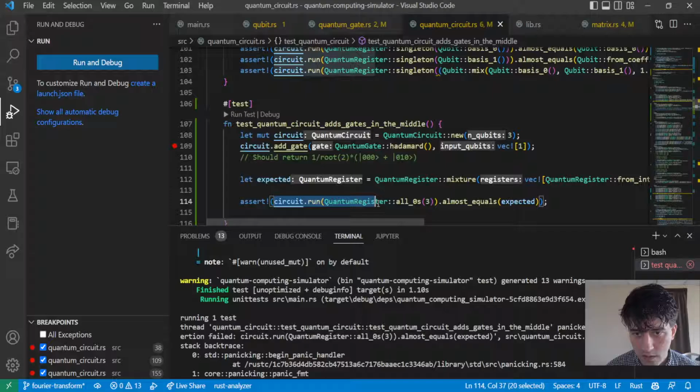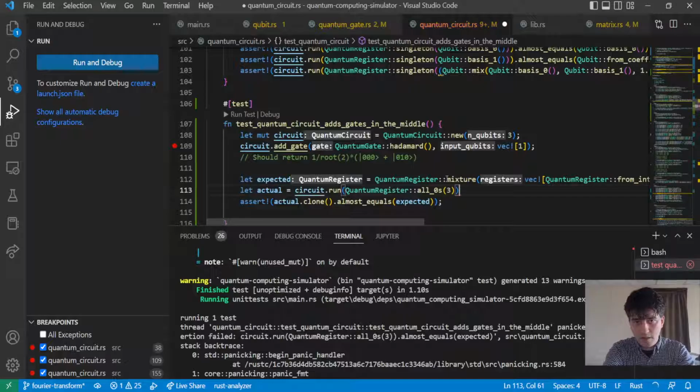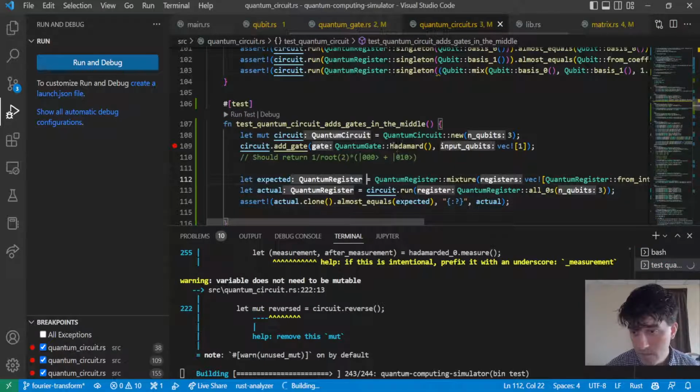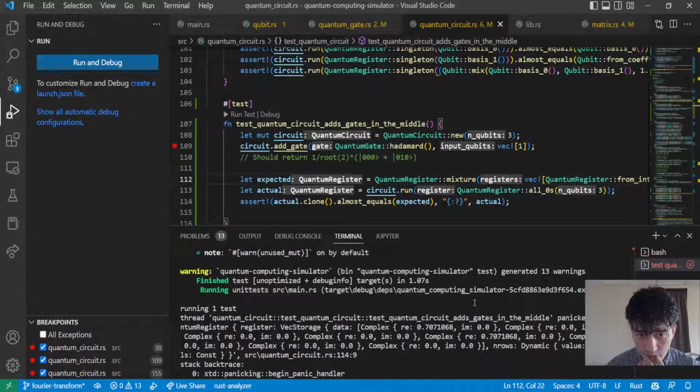So let's go ahead and say actual clone here, and we will let actual be this, and then we'll output actual so that we can inspect it. And it fails